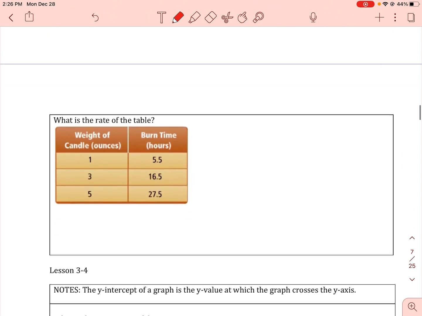What is the rate of this table? Again, the left column is always x. The right column is always y. These are just coordinates where each coordinate has 1x and 1y. So to find my rate, the slope of the table, I am going to subtract my y values, change in y, over change in x,